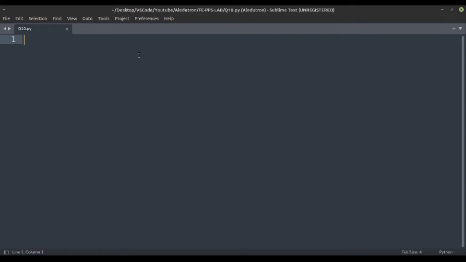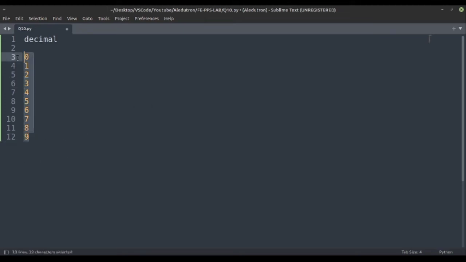I have created a separate whole video for binary numbers conversion to decimal and decimal to binary as a separate series, number systems and binary numbers, so you can check that out for more in-depth information. Here we will see the basic overview of conversion of binary to decimal. First of all, we would need to know what is binary and decimal. Decimal is the basic regular numbers 0, 1, 2, 3, 4, 5, 6, 7, 8, 9. So these are the basic decimal numbers.